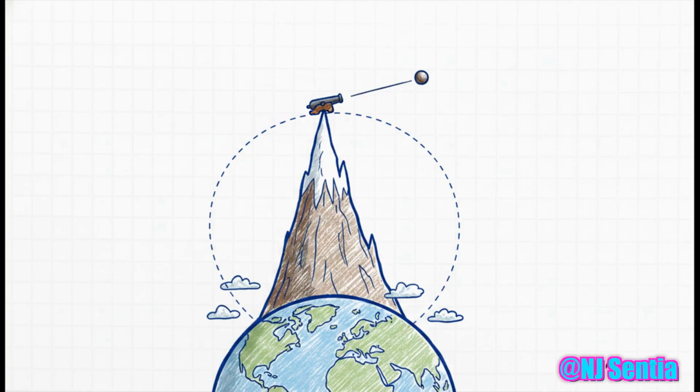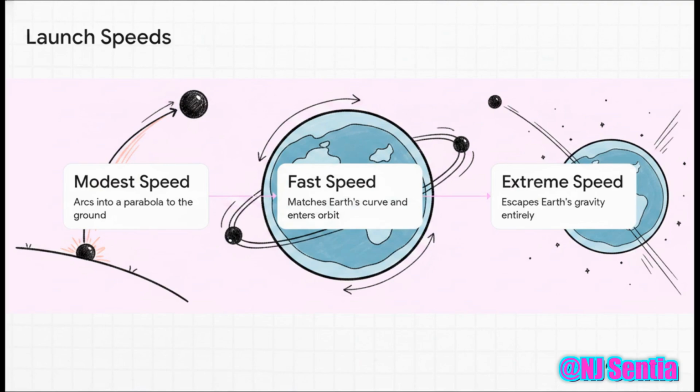All right, now let's zoom out, way out, to a profound cosmic scale. In 1728, Isaac Newton proposed a breathtaking thought experiment. He imagined standing on an impossibly tall mountain, a peak so high up that it extended completely past the Earth's atmosphere, eliminating our messy air resistance entirely. And from this peak, he imagined firing a cannonball perfectly horizontally. So, here is the mind-bending realization. If you fire that cannonball at a modest speed, it just arcs down on a standard parabola and hits the ground, right? But remember, the Earth is a sphere. The ground is constantly curving away from you.